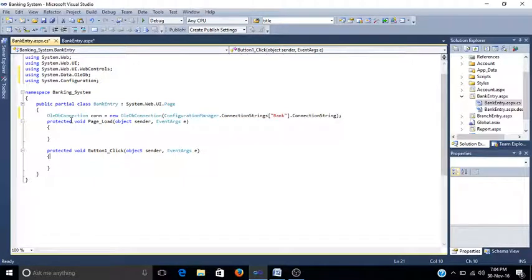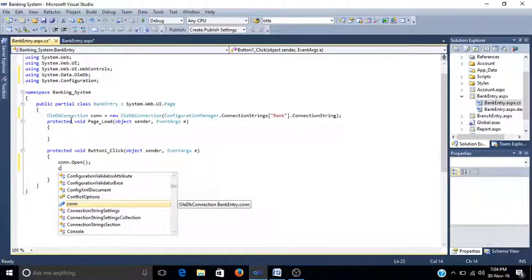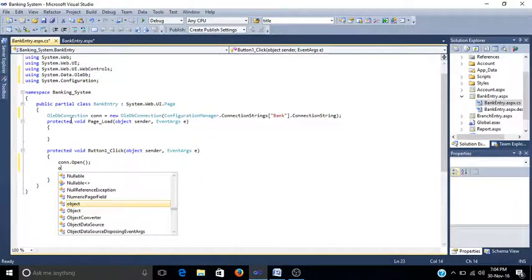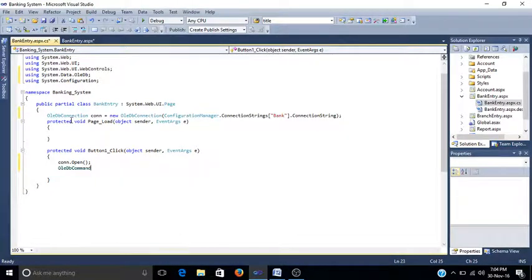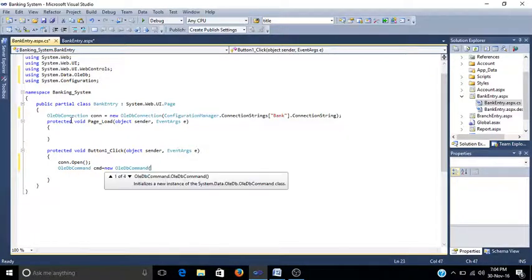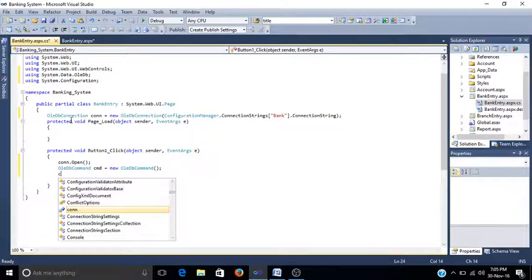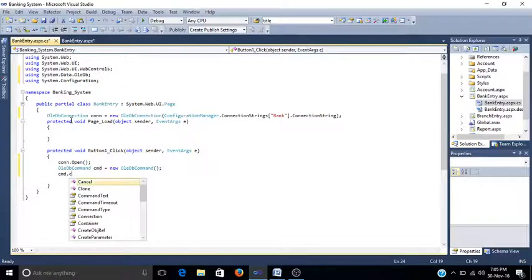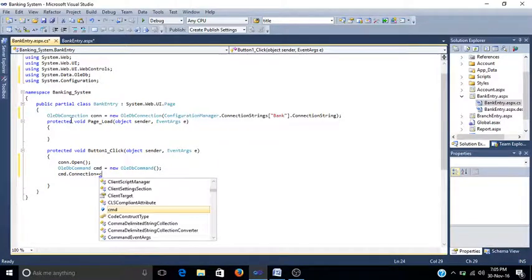After that in button1_click event, first of all we will open this connection. So we will write con.Open. After that we will create the command object. So we will write OleDbCommand cmd is equal to new OleDbCommand. After that we need to connect this command object with the connection. So we will write cmd.Connection is equal to con,